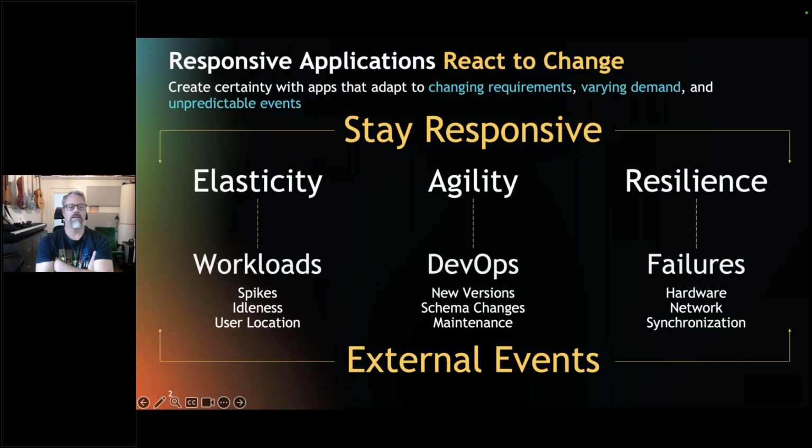And elasticity sits, at least the way I see it, underneath the overarching goal of staying responsive at all times. So I've broken down the three underlying traits to staying responsive. Elasticity is one of them, but all of these are of course intertwined and support and are affected by each other. So elasticity means that we are able to respond to changes in workloads, meaning spikes.